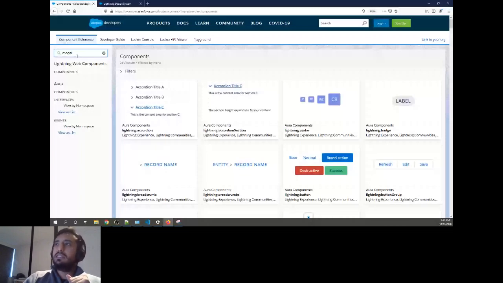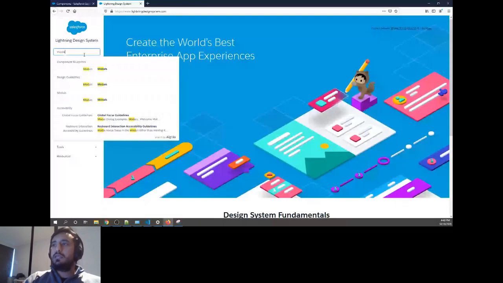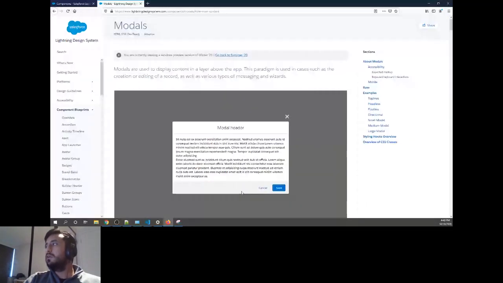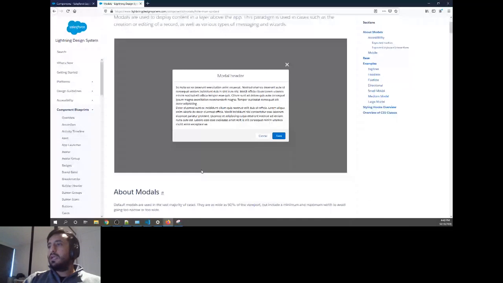That is the Lightning Design System. That is a CSS library given by Salesforce. I said, okay, let me go there and see if anything is available for the modal component. And I found something, and I clicked on the link, and I said, let me see whether this modal code will help me or not. At least this will help me from the designing point of view. I found something similar to what I was looking for, and I said, yes, now I can do it.